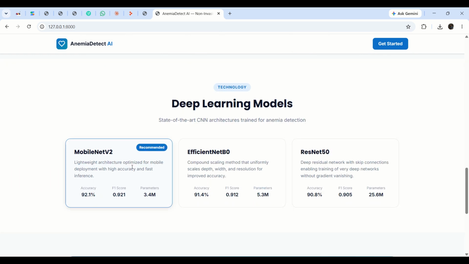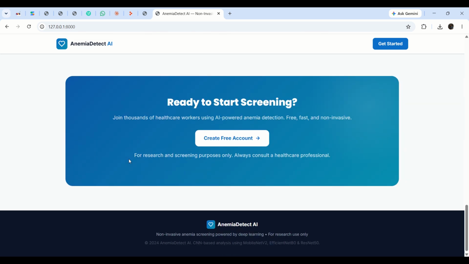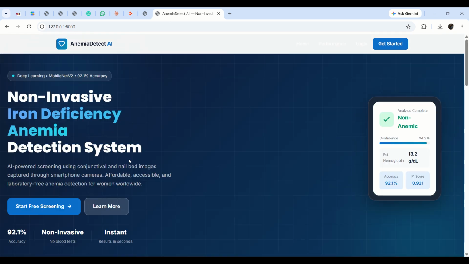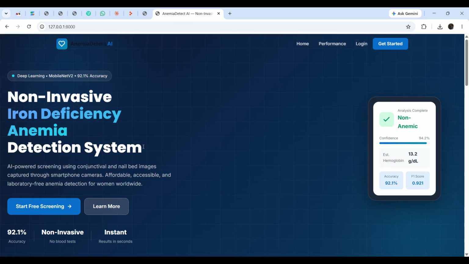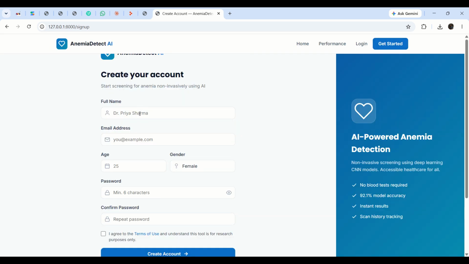The main algorithm is the MobileNetV2 algorithm, which is effective and gives accurate results by using deep learning. And here we use AI for the detection purpose. First we are going to click Get Started. So we are going to create an account. I'm going to create an account and